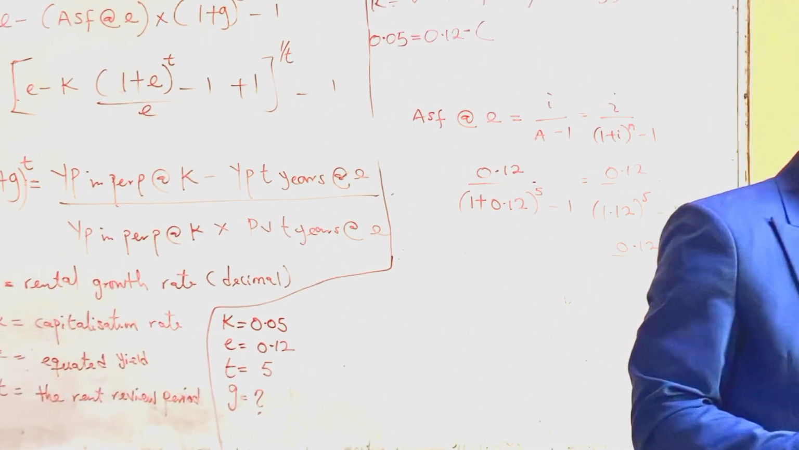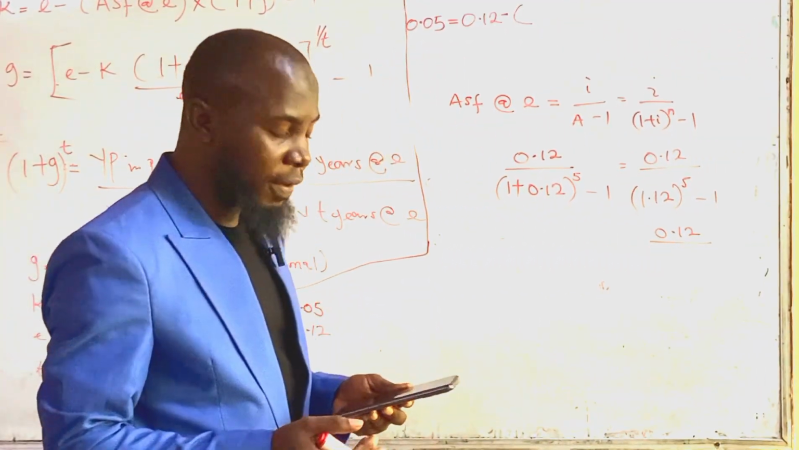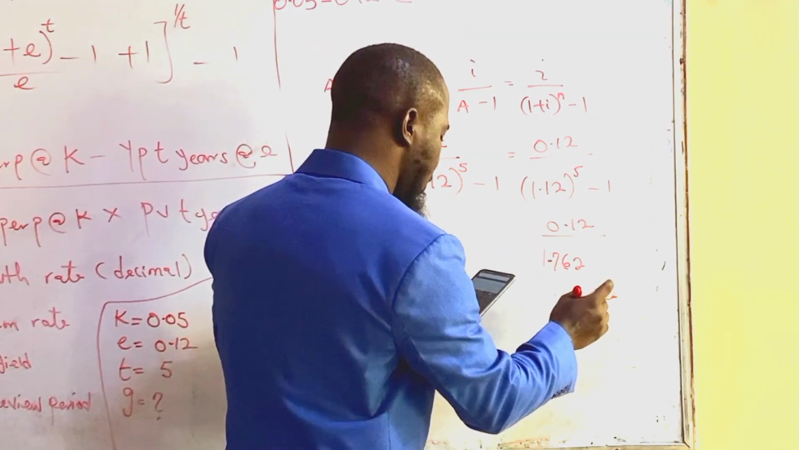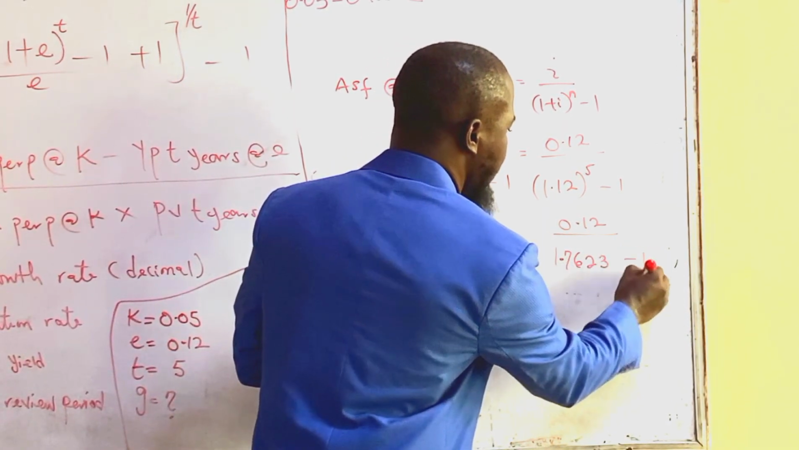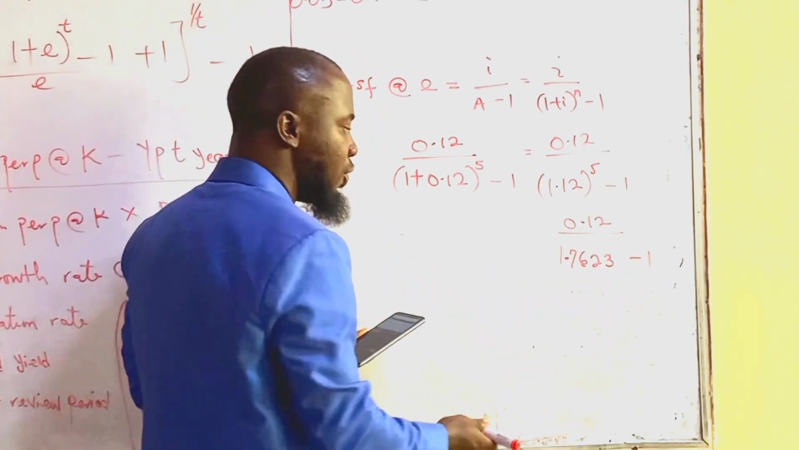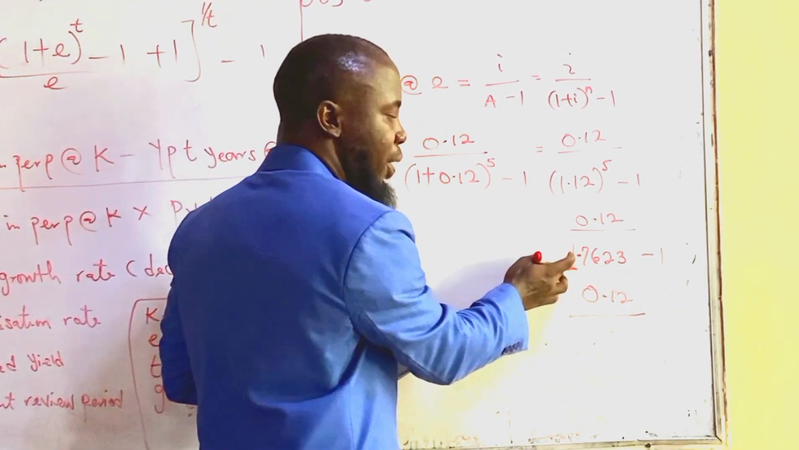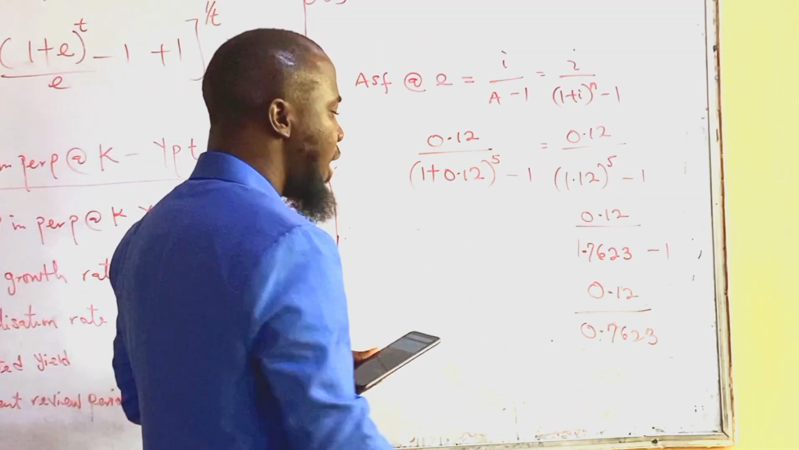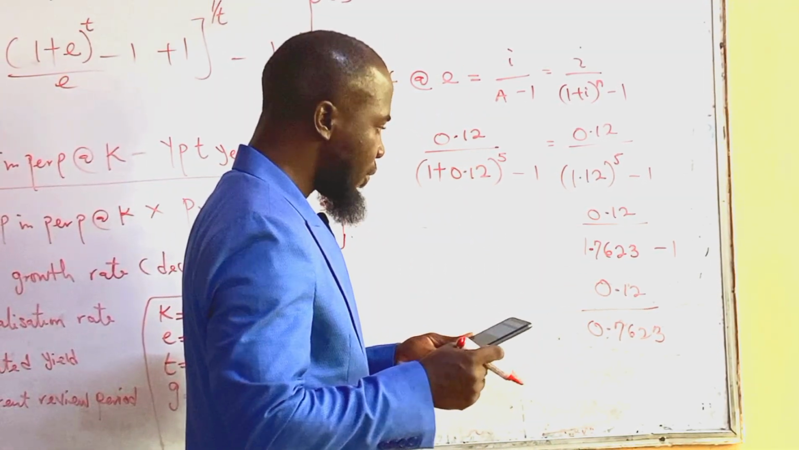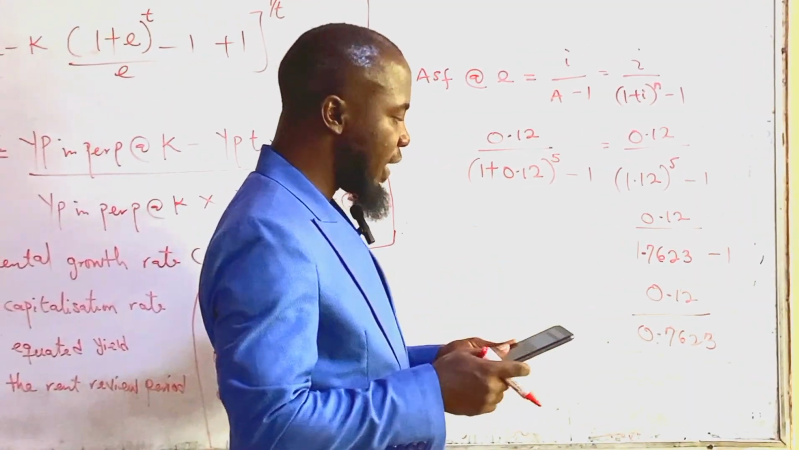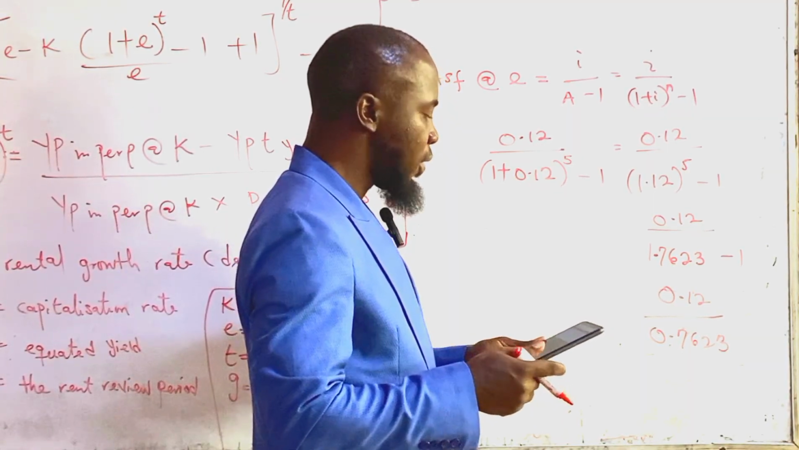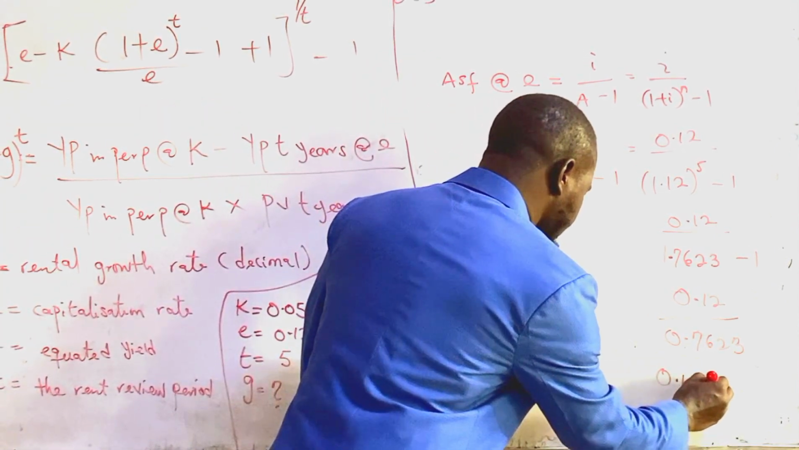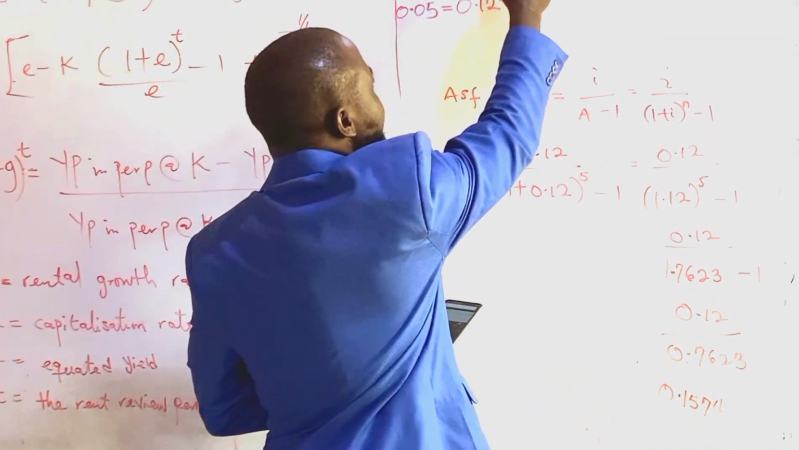In solving this, now our normal way in using our calculator. So 1.12 raised to power 5, we have 1.7623 minus 1. This minus 1, this is it. Then continue. 0.12 all over 1.7623 minus 1. So that gives you what? 0.7623. Now divide this, use the normal division. We have 0.12 divided by 0.7623. We have 0.1574. So here now our annual sinking fund here, ASF at E, everything will be